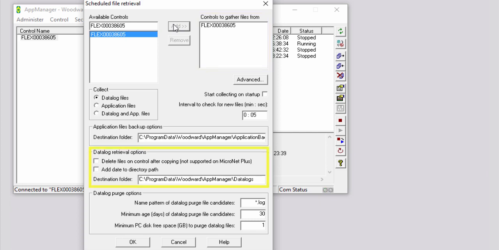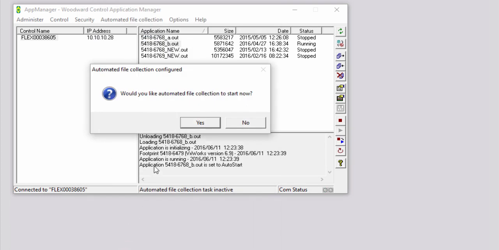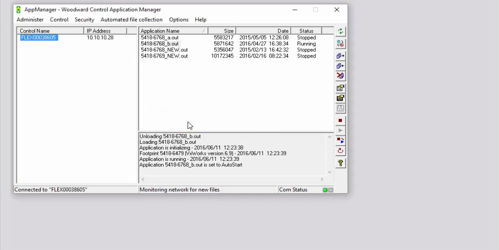In the Data Log Retrieval Options section, enter the file path of the desired destination folder for the log files. If desired, you could select other options in the Data Log Retrieval Options section as well. When you have configured the automated collection, click OK. In the Automated File Collection Configured window that pops up, click Yes if you want to have automated file collection begin immediately. If you would like more information about how to use AppManager, refer to the AppManager help file in